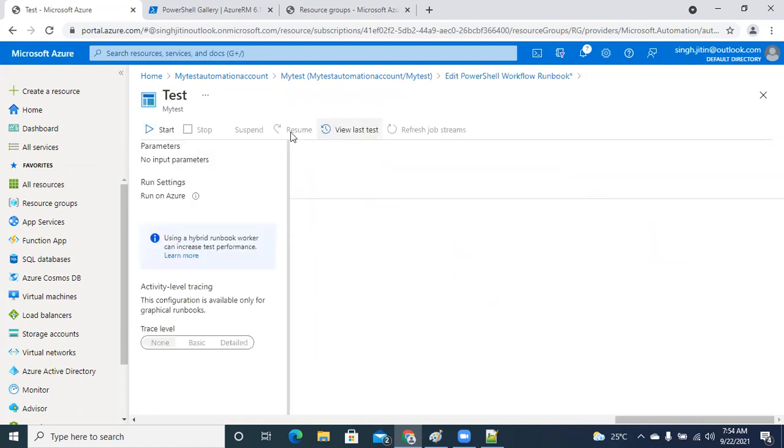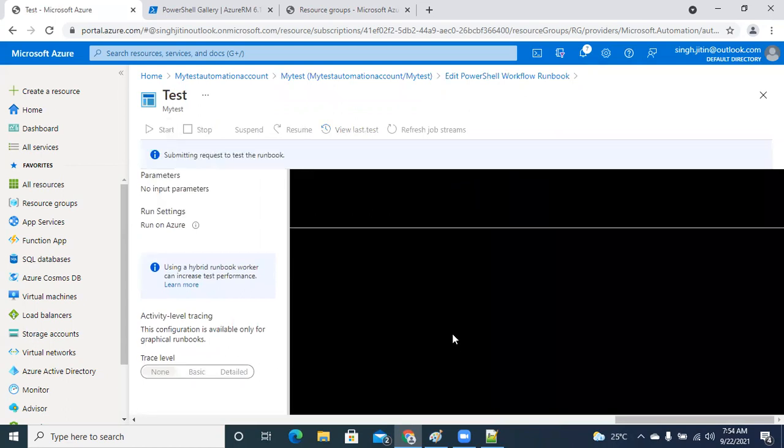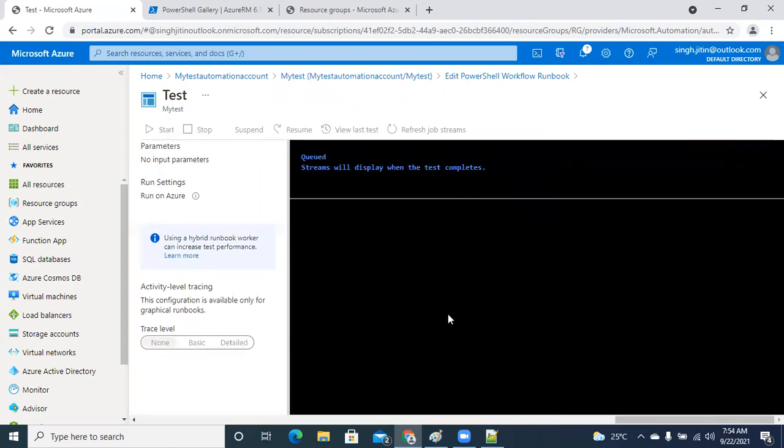The moment I do the test, it will start. It will queue all the processes in sequential order and it will execute this particular script. This will take a few seconds, by which time it will be creating the resources for us. Now this is getting started and then it will start execution, guys. So this will take a few minutes.